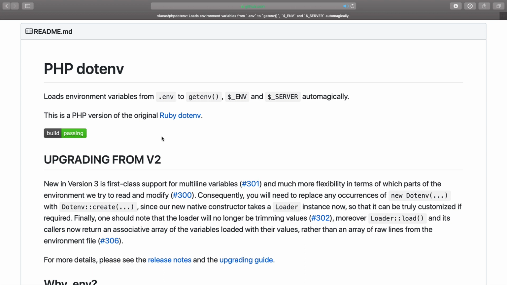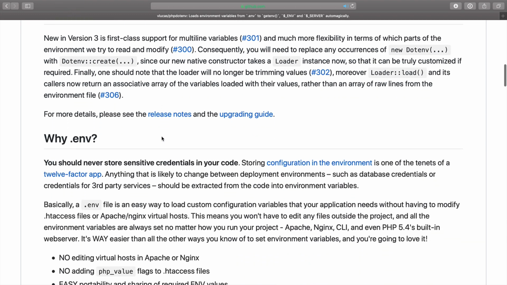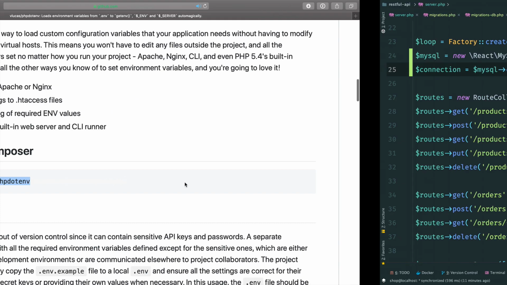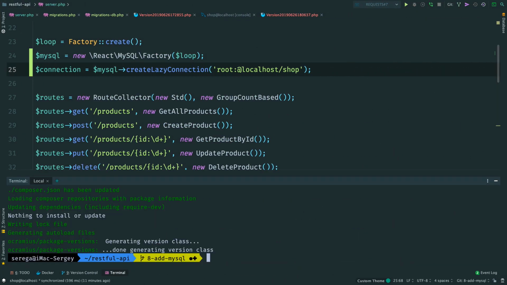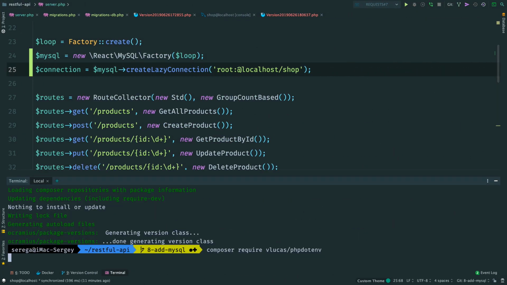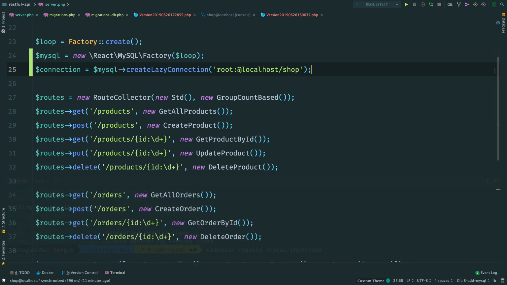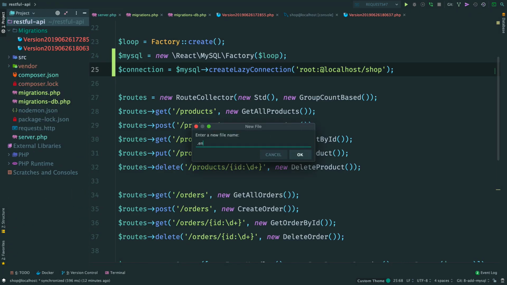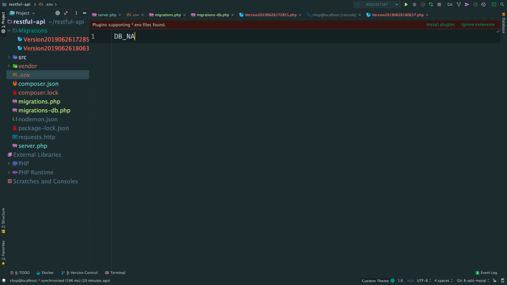Now, to use environment variables in PHP, we can use a package called phpdotenv. Install it. Okay, now for environment variables we can create a .env file and put credentials there. Here we put database name, login, password, host and driver.